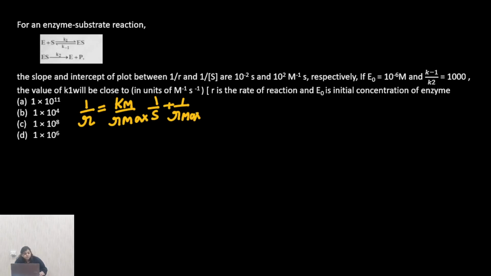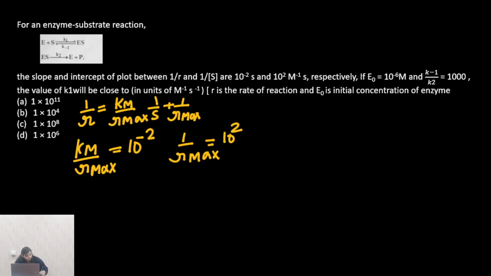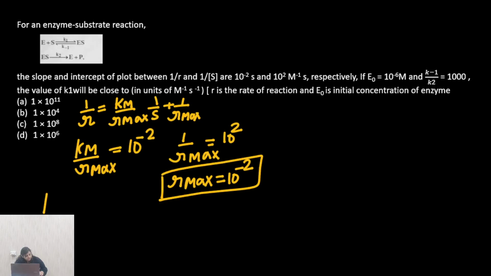Right. So for this one, the slope is equal to Km upon Rmax. Its value is given to us as 10 to the power of minus 2, and 1 by Rmax is 10 to the power of 2. So from here Rmax you can get as 10 raised to the power of minus 2. Substitute this in the expression: Km upon 10 raised to the power of minus 2. This is equal to 10 raised to the power of,